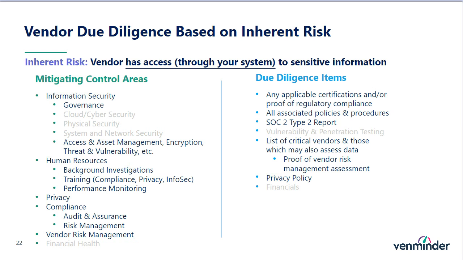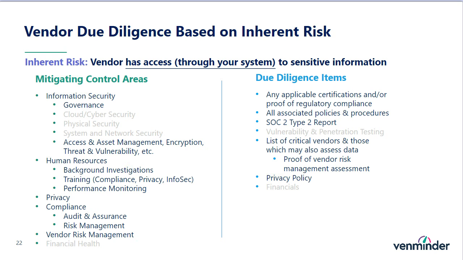Now, in this example, the vendor only accesses sensitive data, and they're doing that through our system using a login and password. So we're still dealing with sensitive data, and that is a high-risk activity. But some of the control considerations have shifted slightly. We can see those areas that are grayed out on this slide are not specific concerns for this particular engagement. The focus here might be less on the technical aspects, but more on the people, compliance, and privacy controls. I use this example to help everyone understand the importance of really knowing and understanding the activity when you're establishing